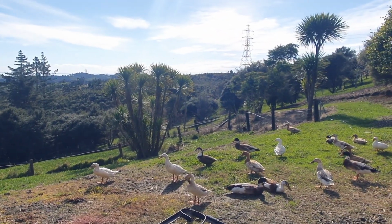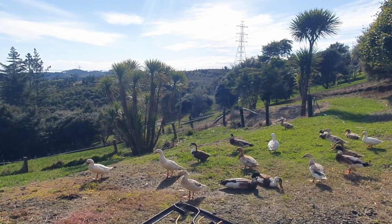Here are my friendly ducks hanging out with me again. And Henry the 4th, I think, or Henry the 3rd. I'm about to get started on the first coat of the chaise lounge. So I came down this morning and it all looks great. It needs a clean up and all the rest of it. So if you have a look here,